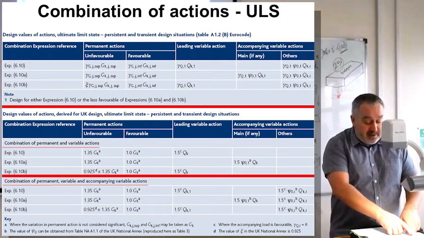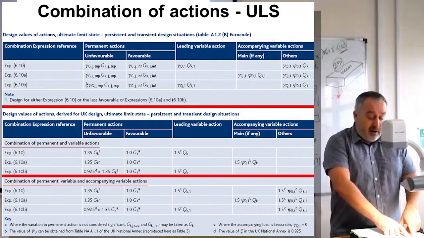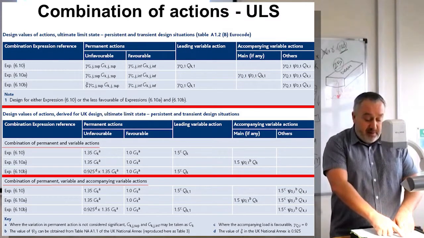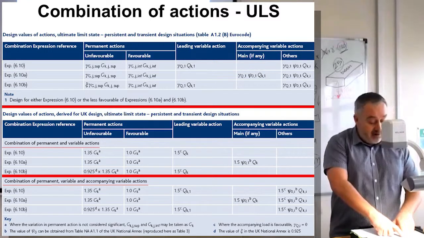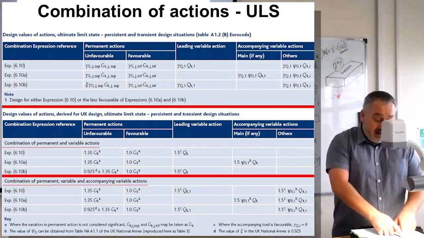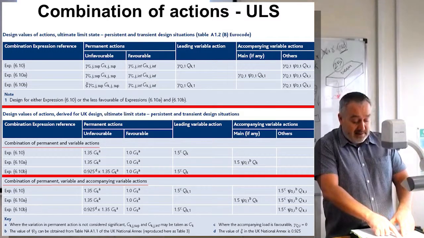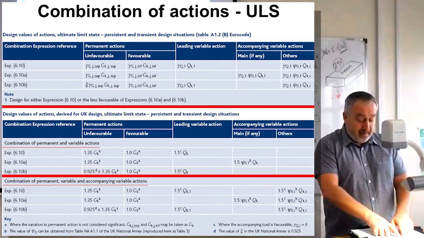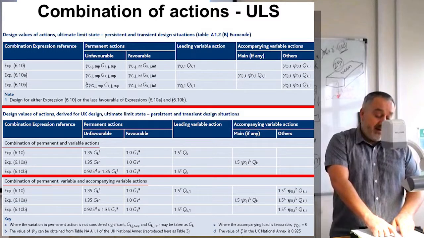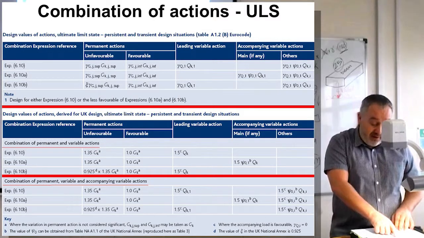But notice that we've got these unfavourable and favourable. So for a permanent action, this GK, you've got unfavourable and favourable. And then when it comes to the variable loads, you've got your main variable load. So let's say that the variable load is snow, but then you might have another variable load, which you could have as wind. So you might split your variable loads up, and they're both multiplied by 1.5, but this additional variable load you've got to multiply by psi naught and this QKi,